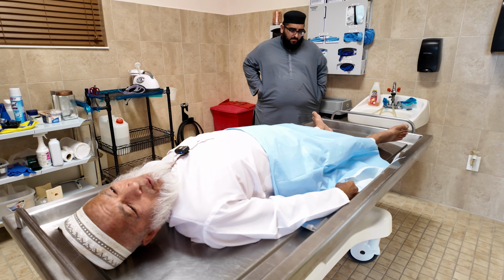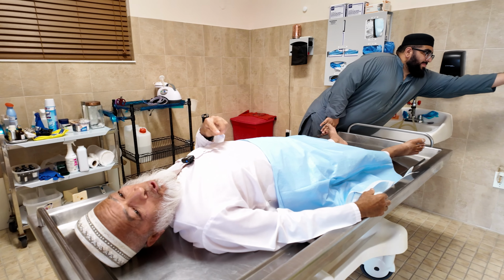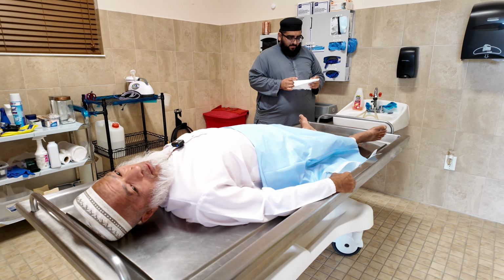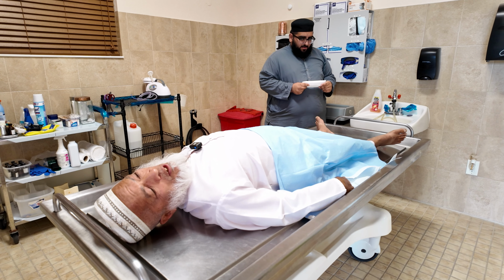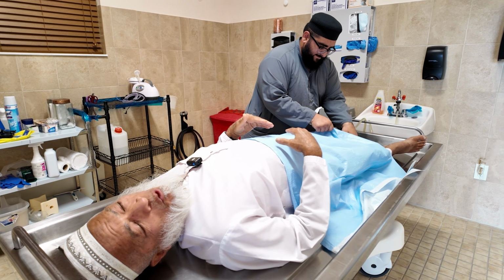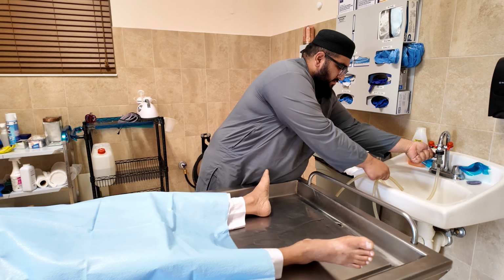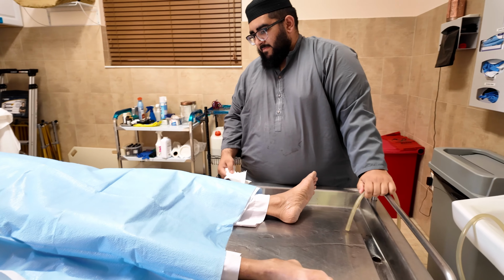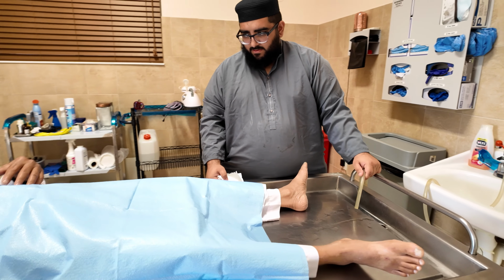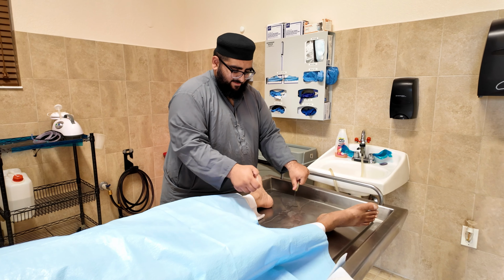This is the position the person is going to be in. They get paper towels. I'm going to show you the protective gear at the end so you understand how adamant we are about protection. So, they reach underneath, they run the water. The whole setup is where we can mix the water beforehand to make sure it's the proper temperature, and then they will run the water. If they have to stop the water, they turn that one particular tap off. They don't have to remix the water and wait for it to get to proper temperature. And I'll show you that mechanism also. They reach in and perform the istinja properly. And after the istinja is done,